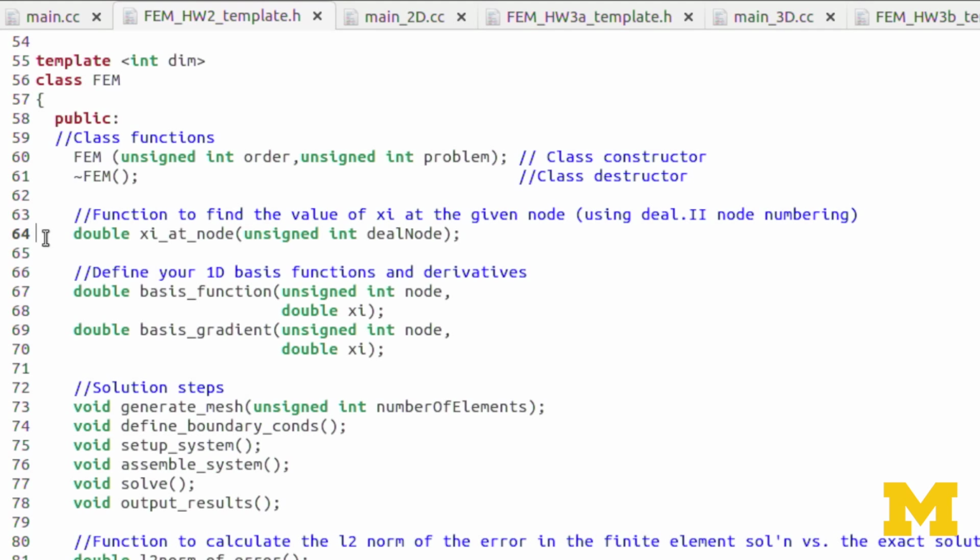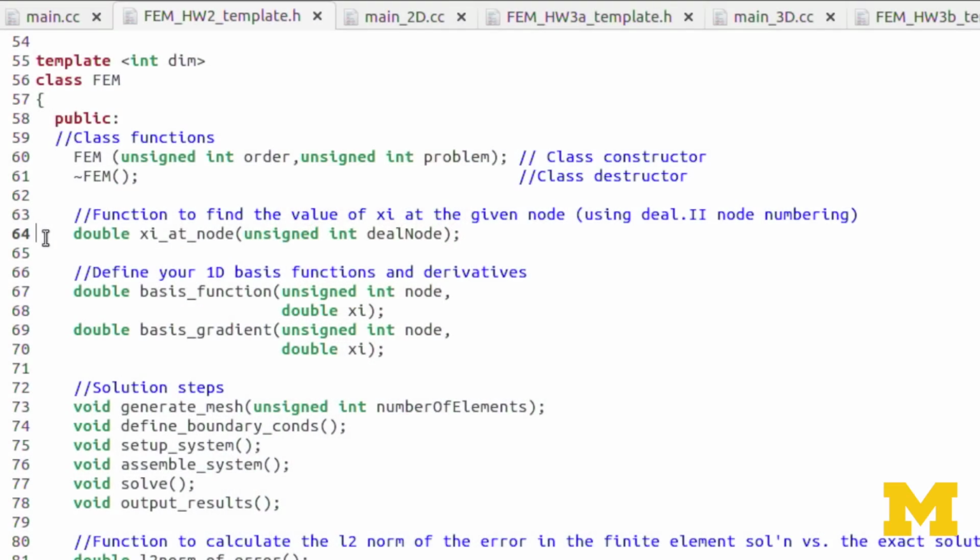Now, here we get to the functions that I've set up for you. The first function is a function called xi at node. I'll explain a little bit more what that means when we get down into the actual definitions of the functions. Here we're just declaring them. But it has to do with the differences in the local node numbering between deal.II and what we've seen in the lectures already. So this function will help you get the value of xi using the deal.II node numbering.